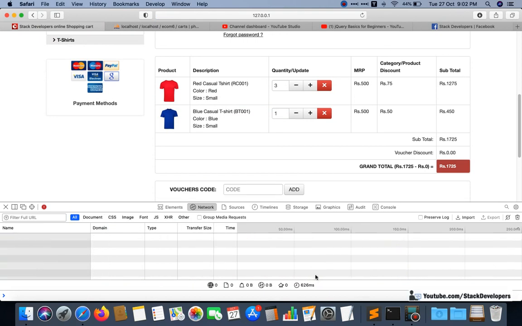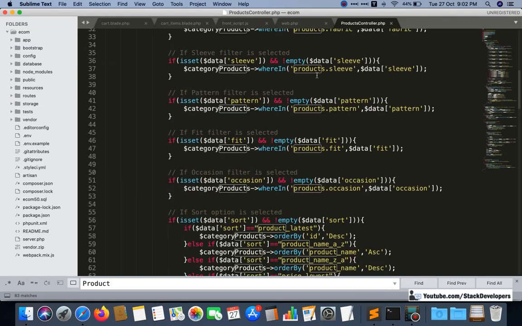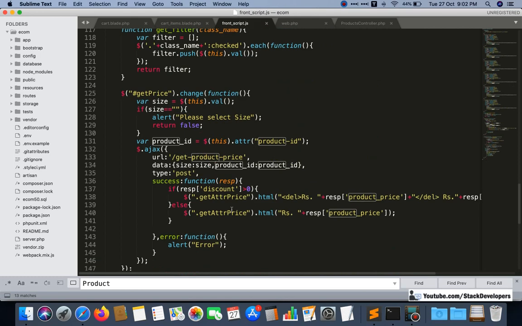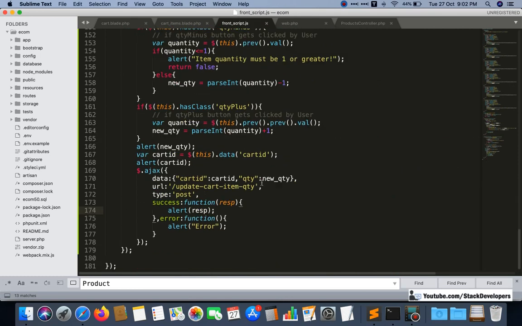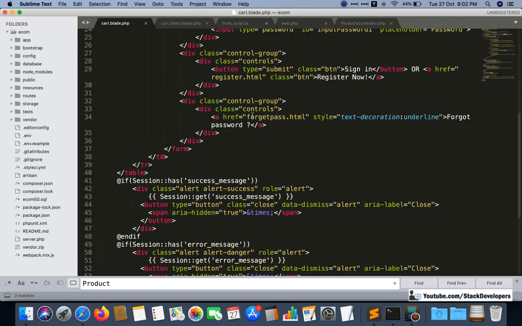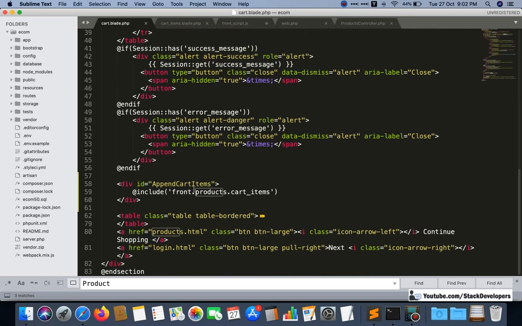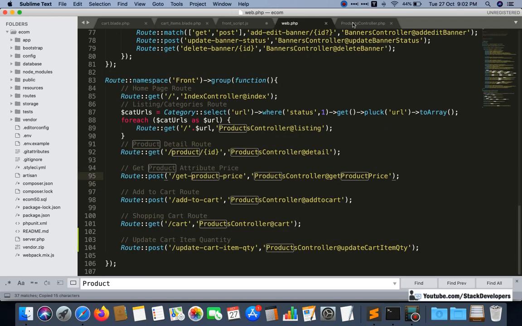Okay, so one more thing we need to do is refresh that page. So now the response is coming. So in response I'm going to comment this one, and we'll add here that append card items we are going to call in jQuery. So that id is append card items. See the id that we have added, so that we can refresh this one after the response comes in success.